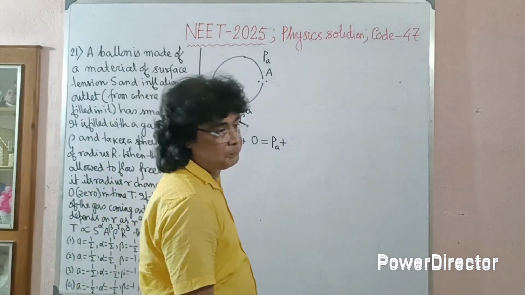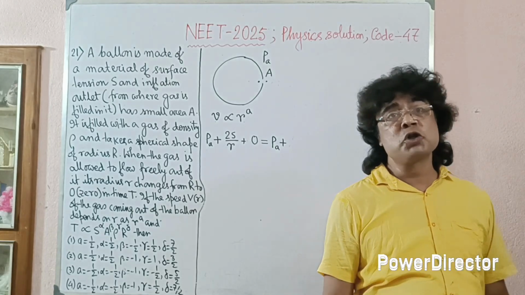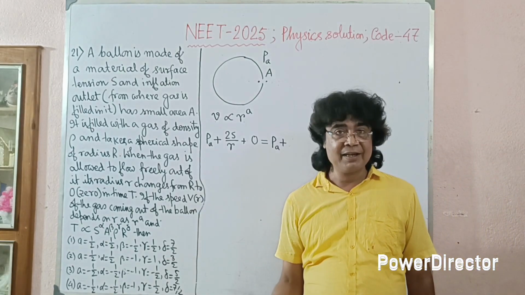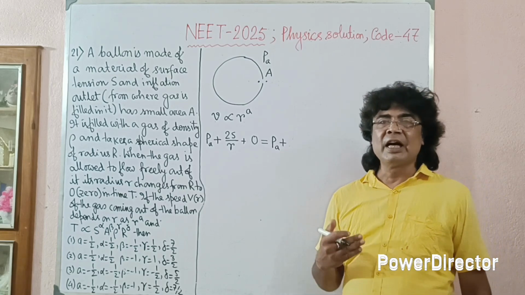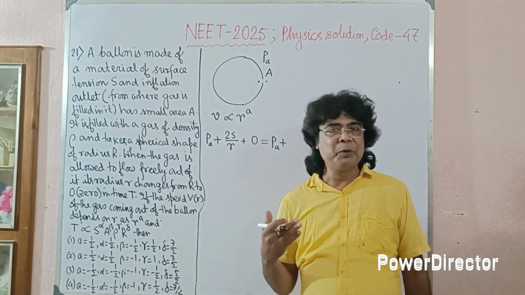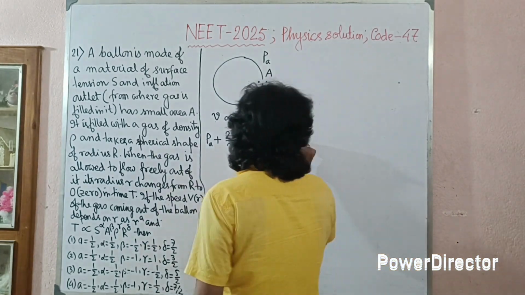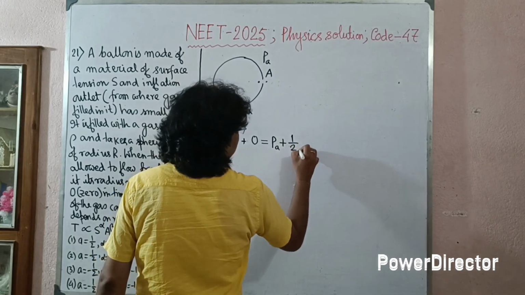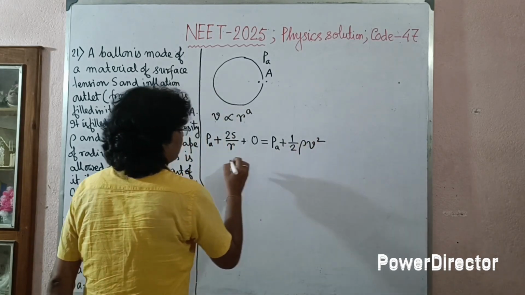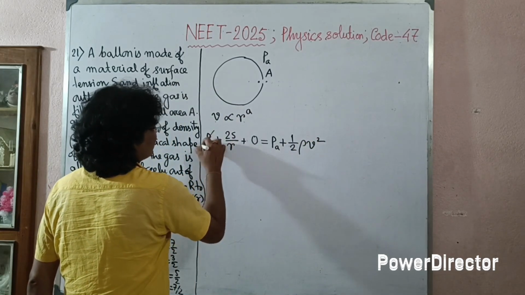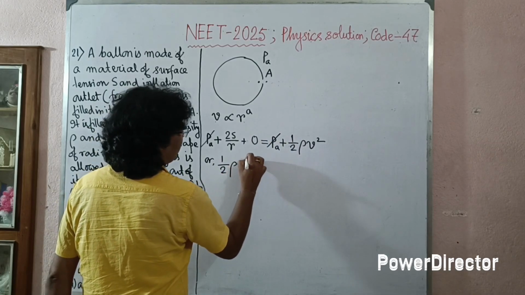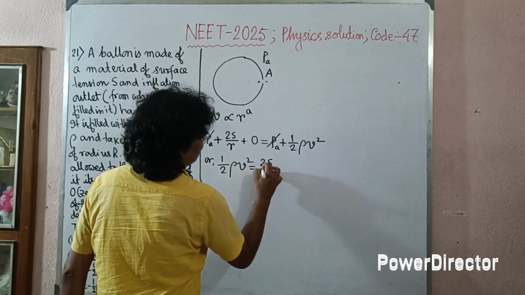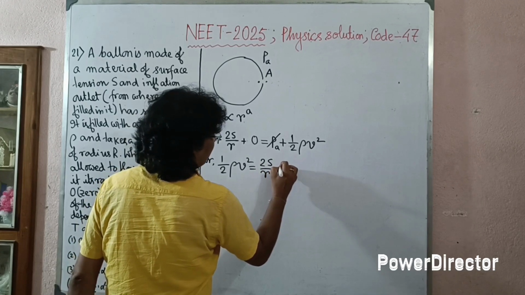And if emerging velocity of the gas is small v, then kinetic energy per unit volume is half rho v square. Okay, now cancel PA, half rho v square equal to 2S by r,